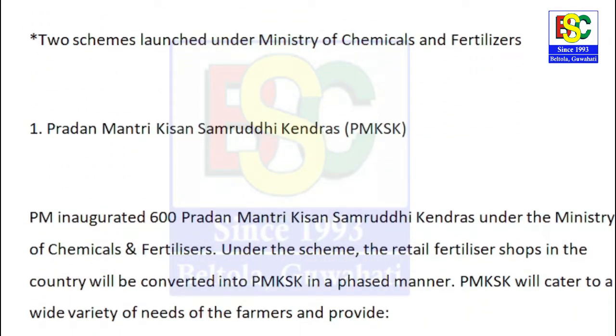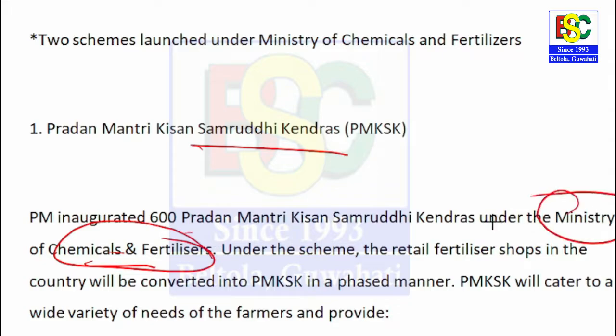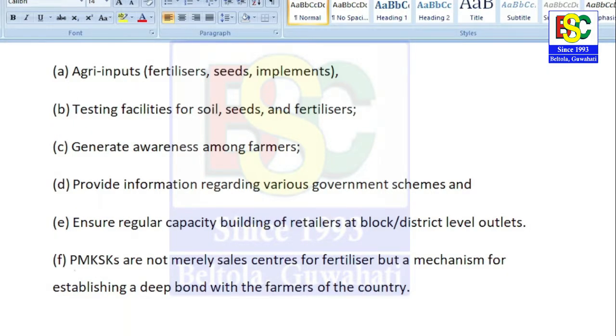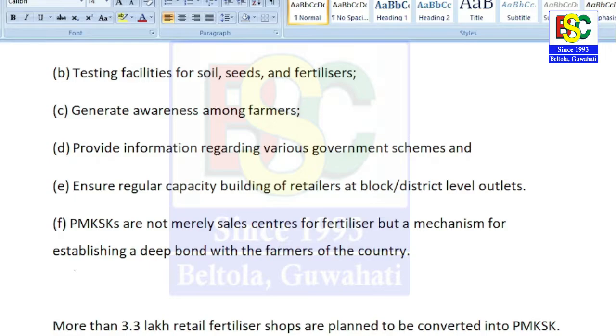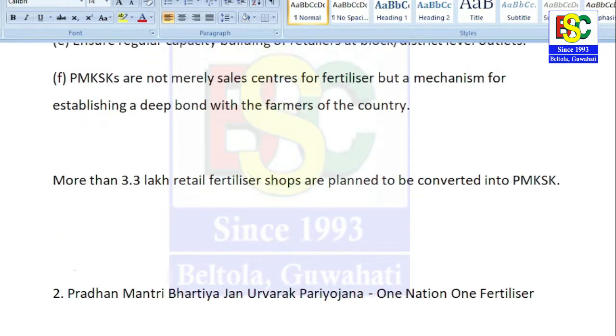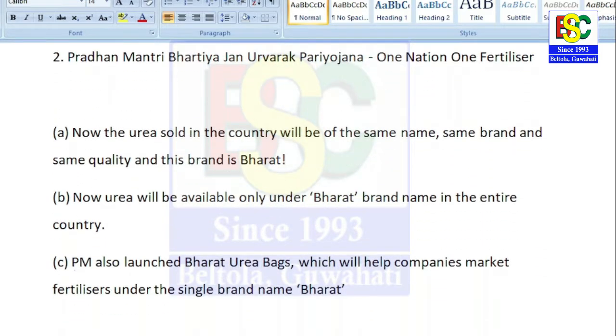Okay, so nowadays in the field of fertilizers, certain schemes are being taken. First scheme is Pradhan Mantri Kisan Samruddhi Kendras. Okay, so this is under the Ministry of Chemicals and Fertilizers. Okay, the things which I am marking, only you need to study those things. Okay, other things are additional information which is not very important from exam point of view. So it is given which are the categories: agri inputs, then testing soil and fertilizers, generating awareness among them. Okay, so these things are not very important. Only you need to remember that fertilizers, what are the schemes that are being taken. Okay,